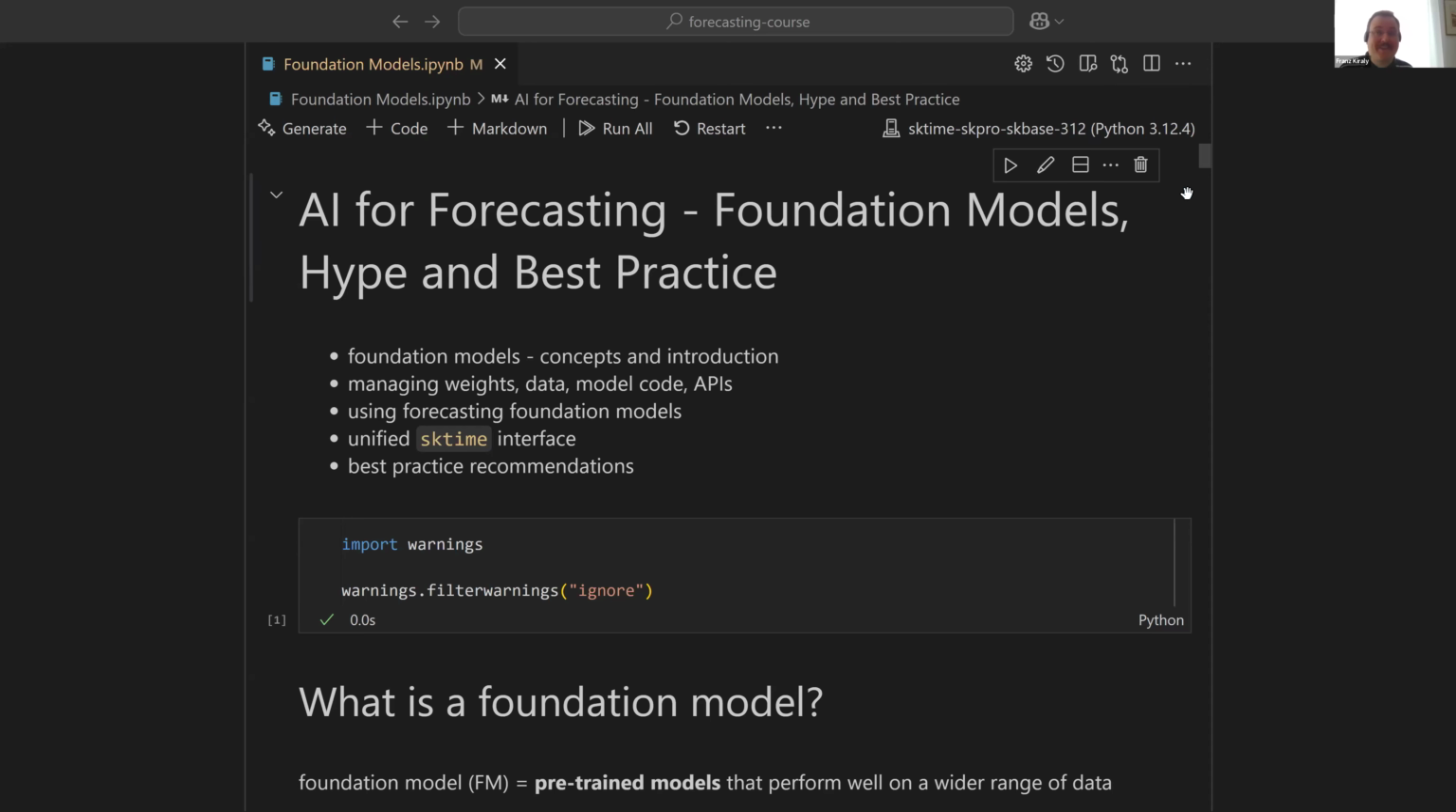Welcome everyone to this lightning talk about everyone's favorite hype topic, the foundation models, hype and best practice. Today I'll try to give a bit of an introduction into what foundation models in forecasting specifically are, how they look, what they do, concepts like weights, data, model code, APIs, how to manage them, how to use them, best practice recommendations, and of course also how to use them as part of the scikit-learn compatible